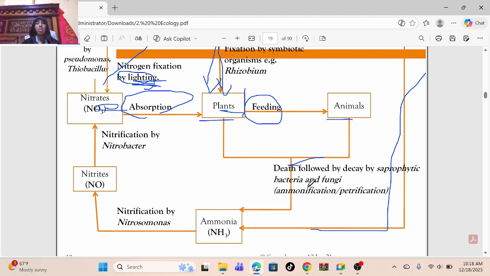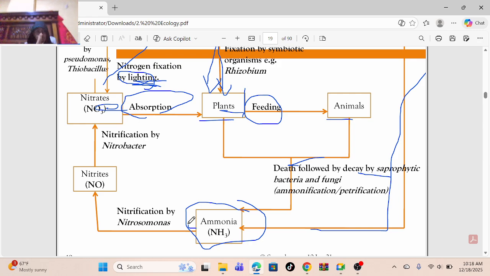Then by saprophytic fungi, they saprophyte. Na inakuwa nini? Inakuwa ammonification. The process known as ammonification, na zinakuwa nini? Ammonia. This ammonia ina add by nitrification, by nitrosomonas ina add nitrogen. Inakuwa nini? Inakuwa nitrogen 2 oxide. So this nitrogen 2 oxide inafanywa further nitrification, yani wana add nitrogen, another nitrogen, inakuwa aje? Inakuwa nitrate. Then process inarudi hivi.